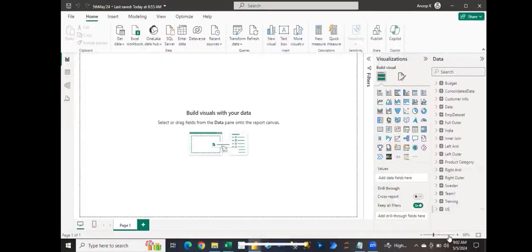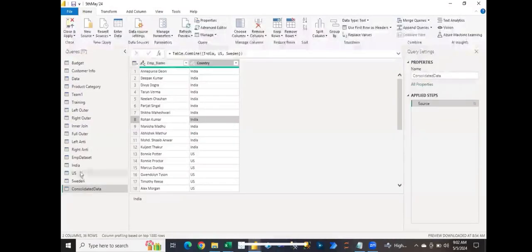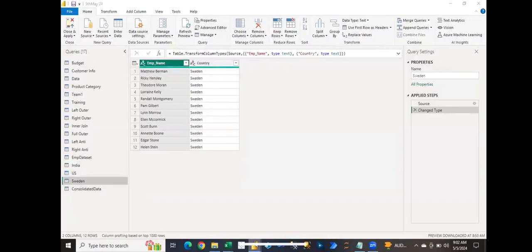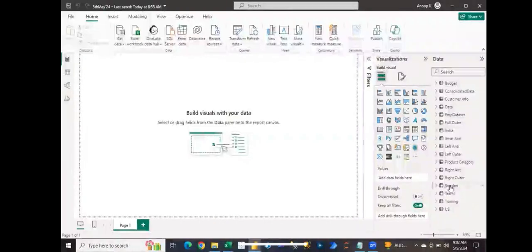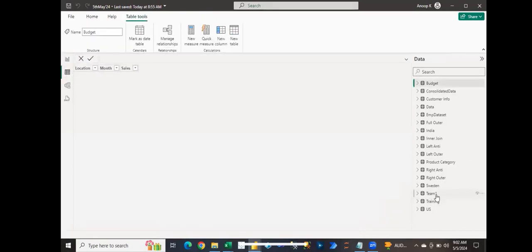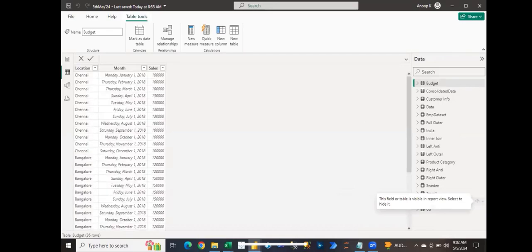Here it will show you all the tables, right? Now, for example, if I ask you that these tables I do not want to show over here, like here this Sweden, US, all these are coming, because I just want to show this consolidated data. In this case, what you can do is go into this table view. You can select that table. As soon as you hover the cursor on that table, you can see this eye icon, right? If you click on this one,